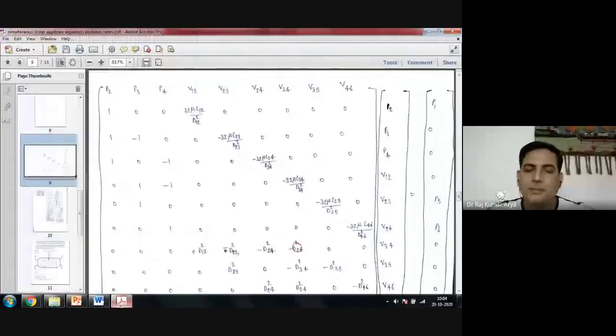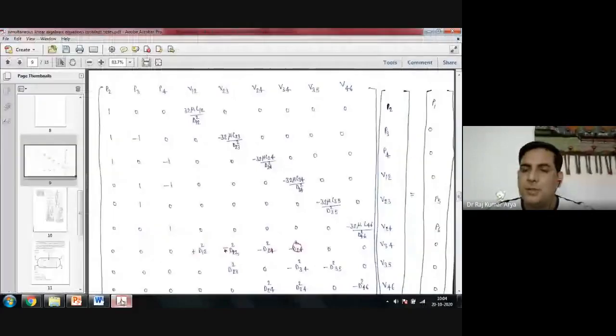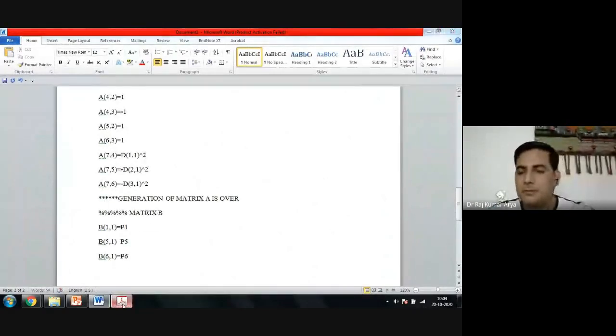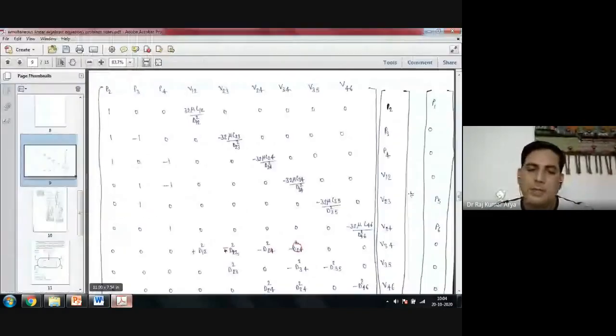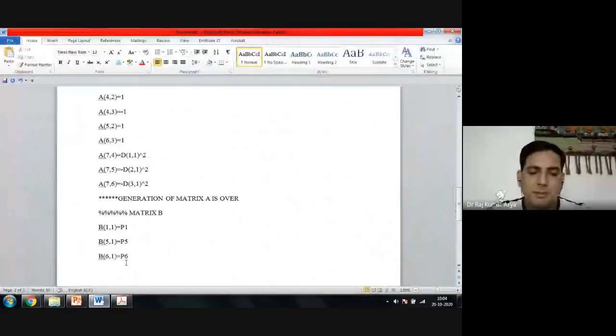You can write there P5. Then you also have B61, which is P6. Then you don't have other terms, the last is 0, so you need not write that. So these three commands will generate your B matrix.